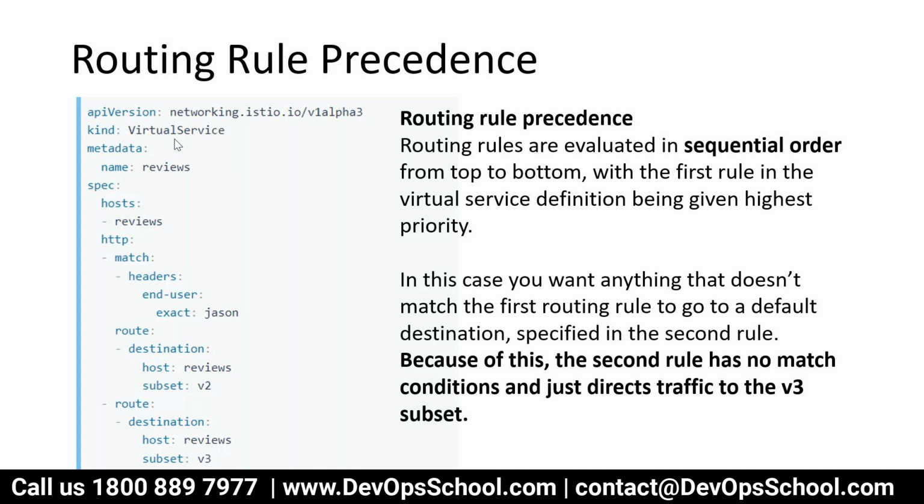Correct? So here, what do you want? A virtual service. What is the name of it? Reviews. It will get activated when someone sends traffic to reviews. This reviews, you can see my cursor, all of you. What is this reviews? It can be an IP address, DNS name, host name, anything. So if I hit reviews in my browser,